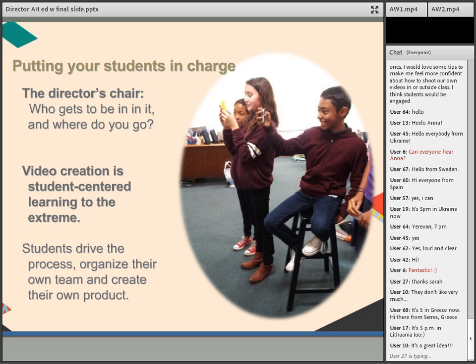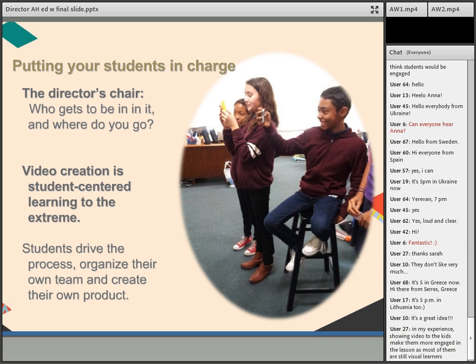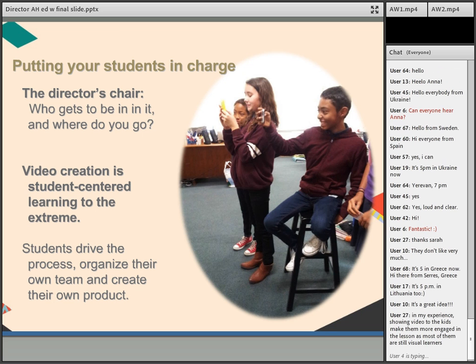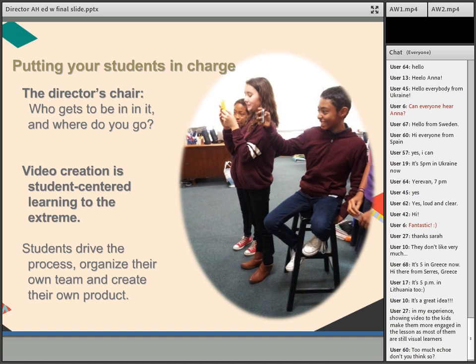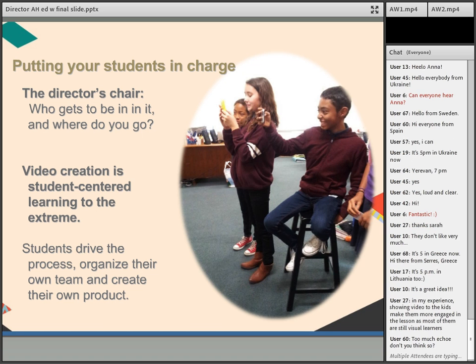The biggest thing is that video creation is student-centered learning to the extreme. So this is where those of you who are using the student learning approach already, this is really taking it to another level, allowing them to be really in charge of the process. They're going to be organizing their own team. They're going to be working together to create their own product. And I've found that to watch them do this, most students are very open to trying to let this process